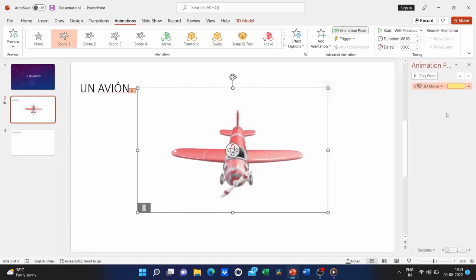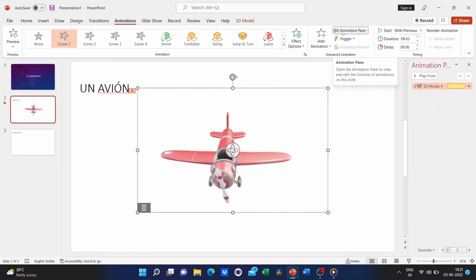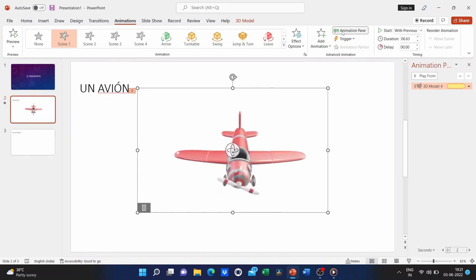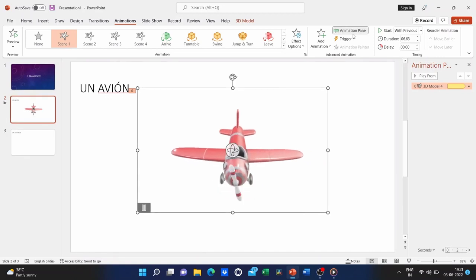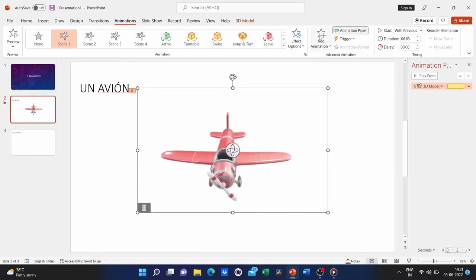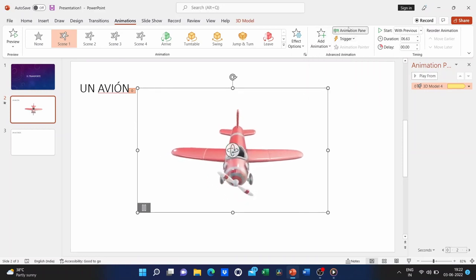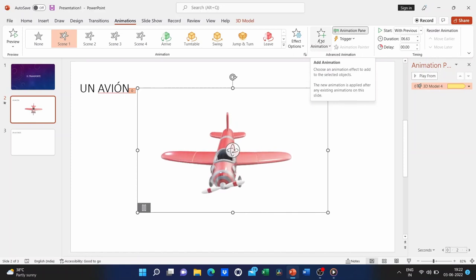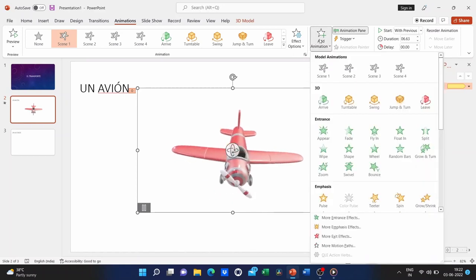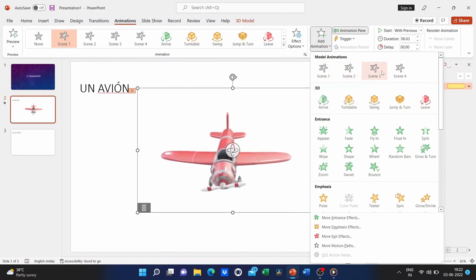So I'm just gonna go over here and click the animation pane to open that up. Now with the animation pane open, and also with my airplane selected, I'm just gonna go up here and click Add Animation.